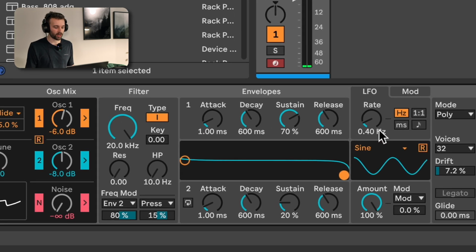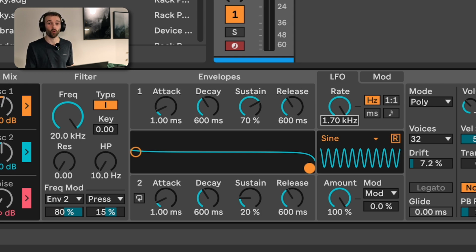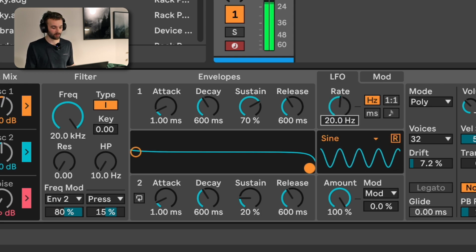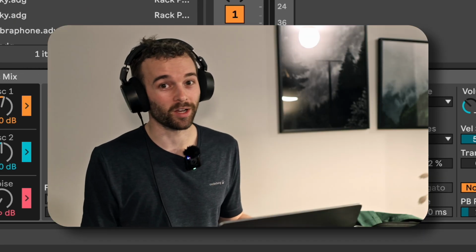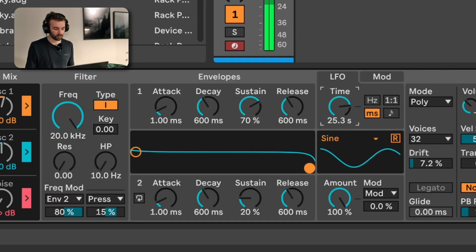And now we can change the rate all the way from 0.17 hertz up to 1.7 kilohertz, way in the audio range. Which already sounds pretty cool in and of itself. We also have the ability to change this rate to milliseconds, sync it to the tempo of our session,